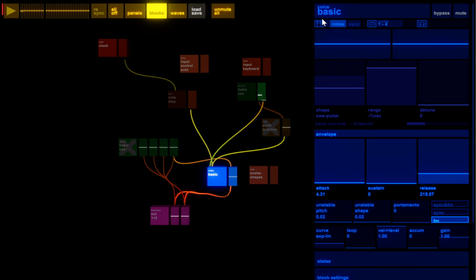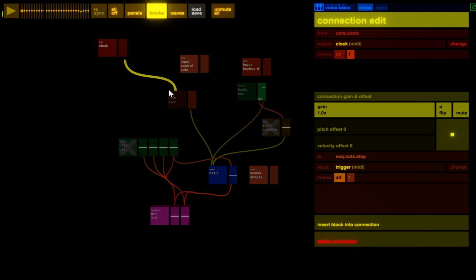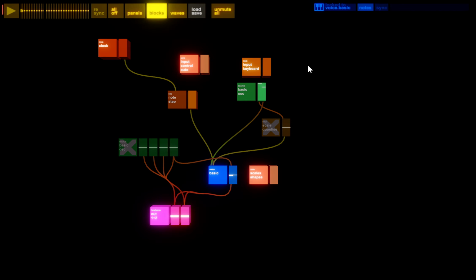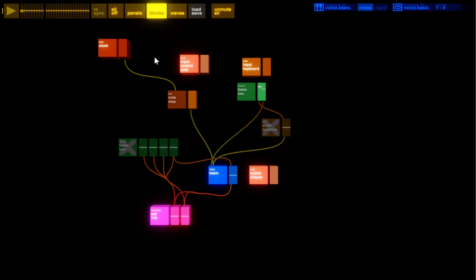You can also lock it, so the keyboard is currently on there. If I click that, then it's locked to it, and then when I go away, you can see it stays still there, still locked. And the same with the controls. So there's me. I can adjust that, and then I can go away and carry on adjusting that.